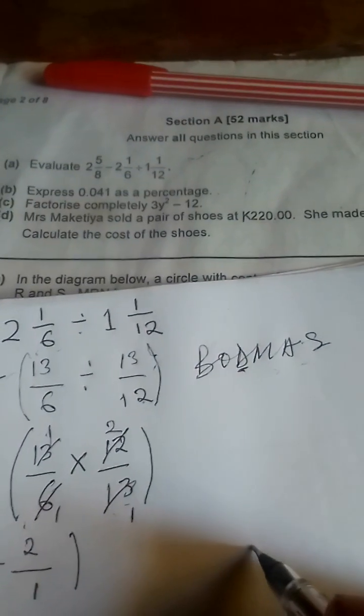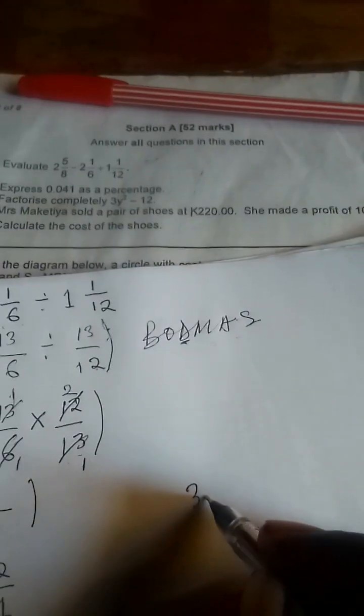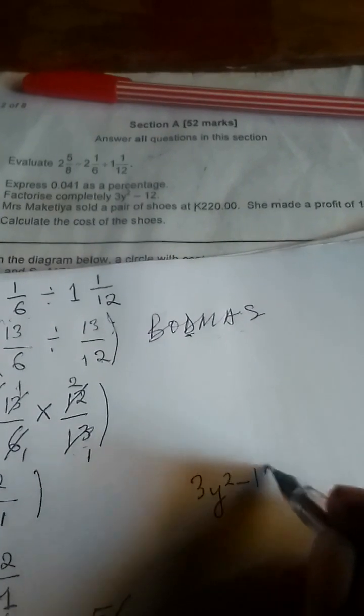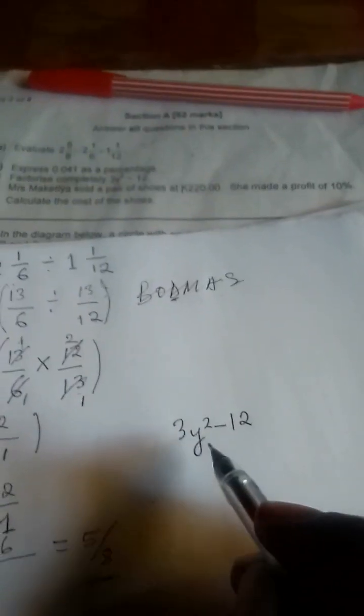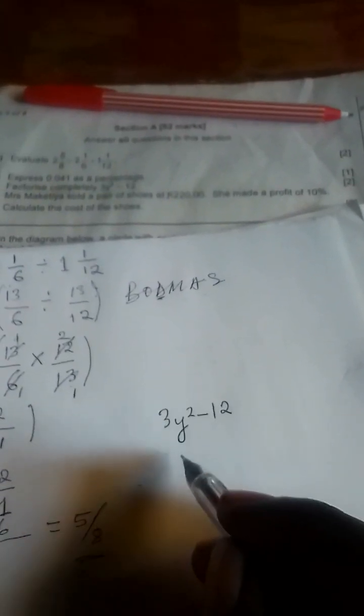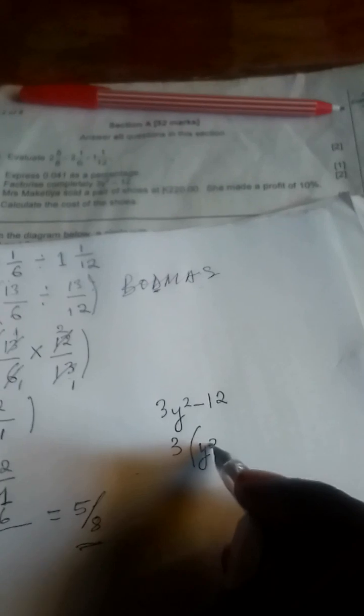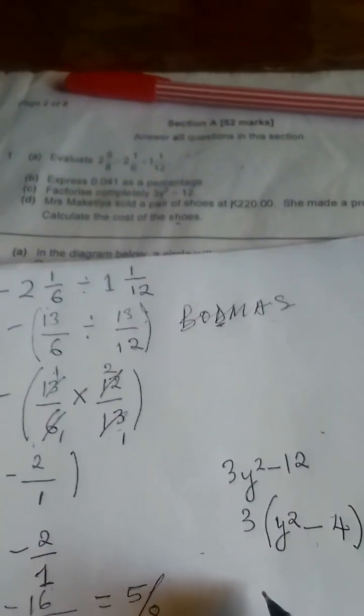We have to factorize completely 3y squared minus 12. Okay, so we look for the highest common factor here. We know that 3 can go into 12 without leaving a remainder, and you put 3 there. Then since we don't have y here, you just open brackets like that. Then 3y squared divided by 3, what you get there is y squared. And here, 12 divided by 3, the answer is 4. And what you get there is actually 3